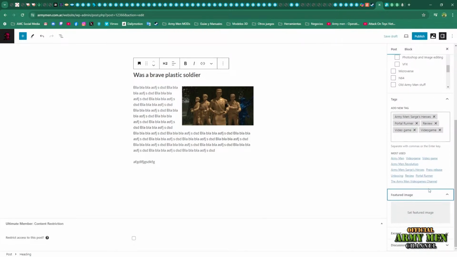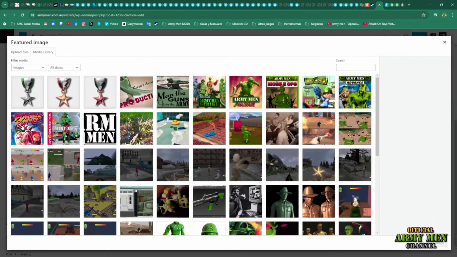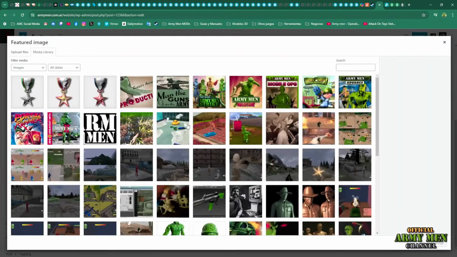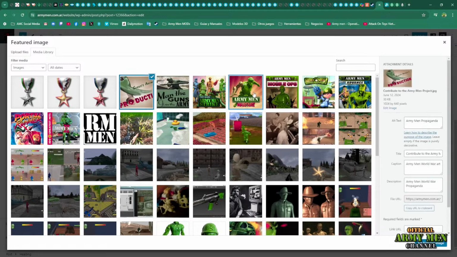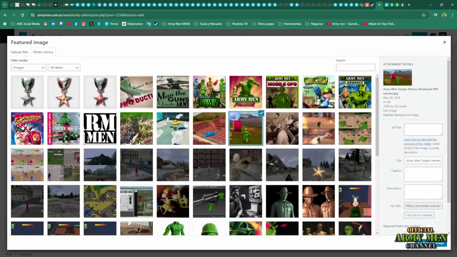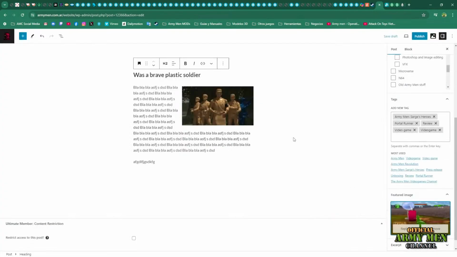But a good idea is to use a featured image. Oh my god, you publish the post and it is going to appear